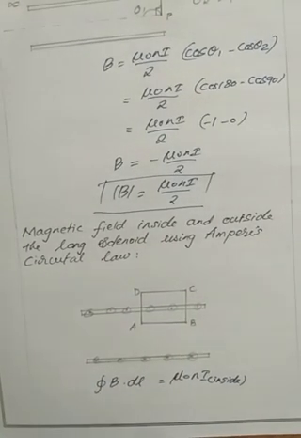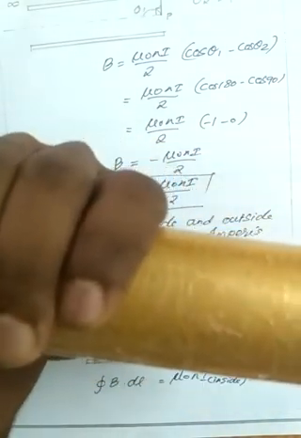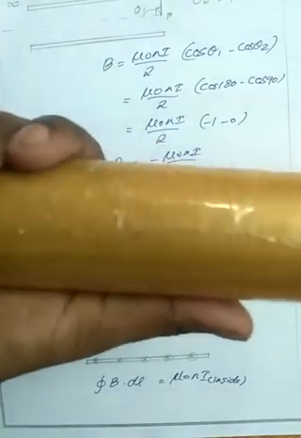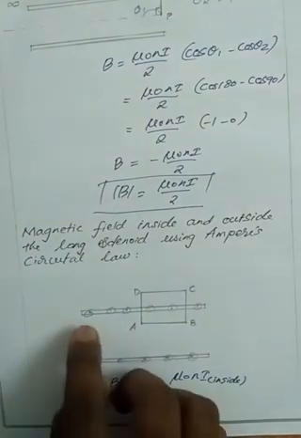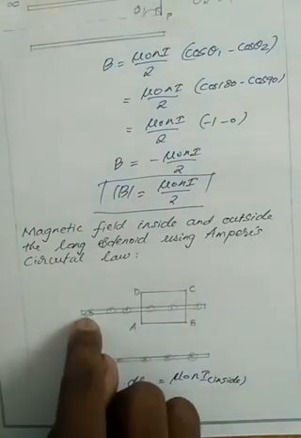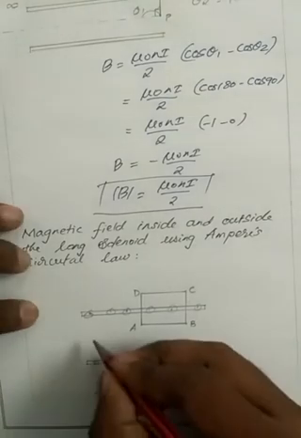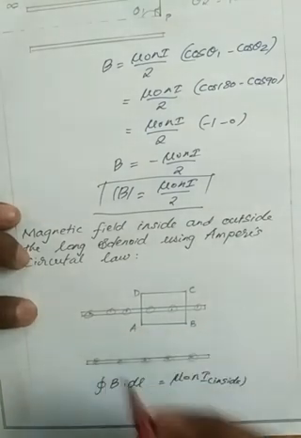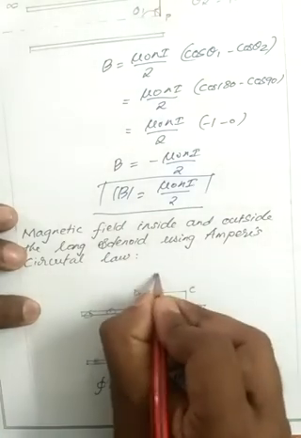So what is the direction of magnetic field in this solenoid? By using the right hand thumb rule, my four curled fingers are in the direction of current. So this is my direction of current. Then my thumb shows the direction of magnetic field. Initially this is my direction of current, that's why I have dot field above the solenoid and cross field below the solenoid. My current is coming downwards, then my direction of magnetic field will be to the right side.